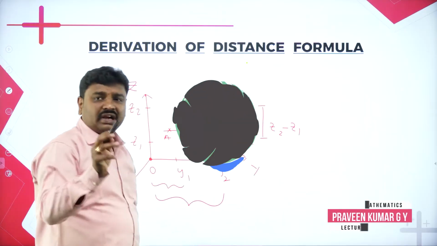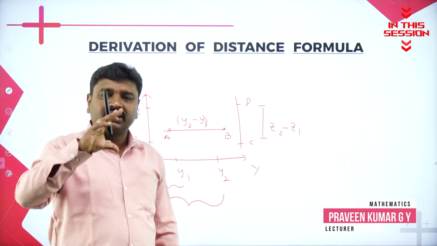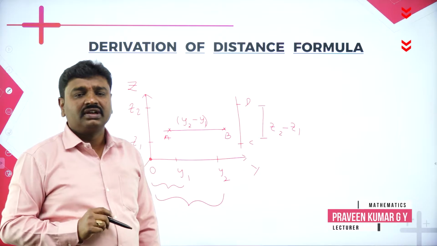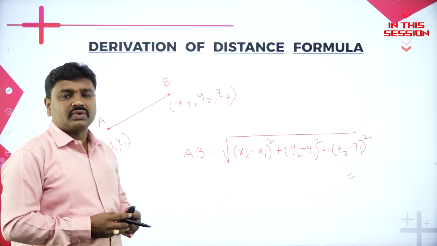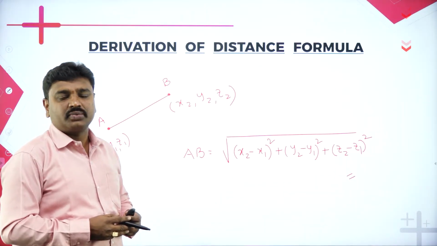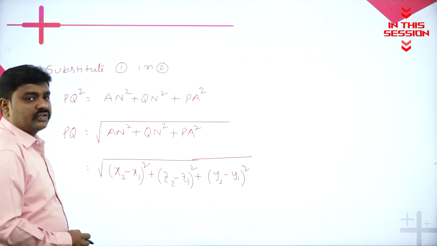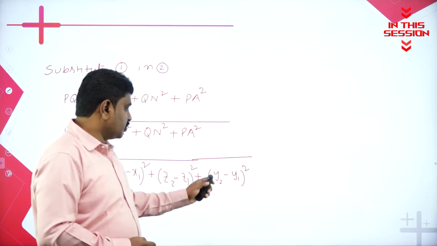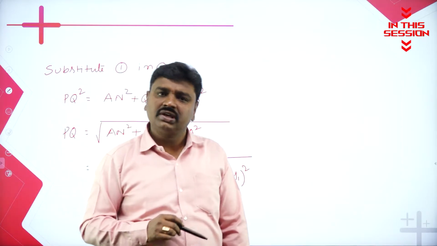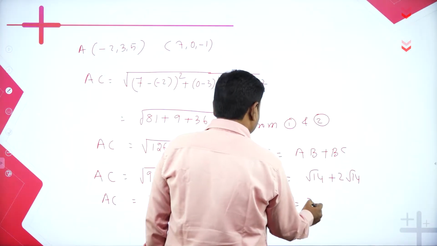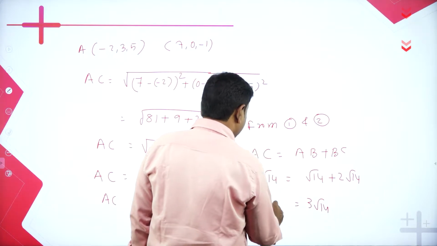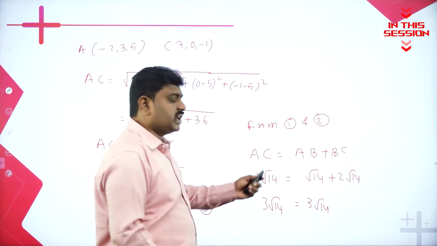So if line is parallel to any axis, then directly you can take its distance as difference between the coordinates. x2 minus x1 the whole square plus y2 minus y1 the whole square plus z2 minus z1 the whole square. That is the distance between. So now we got PQ. PQ is what? Root of x2 minus x1 the whole square plus y2 minus y1 the whole square plus z2 minus z1 the whole square. 1 root 14 plus 2 root 14 is 3 root 14. Both the sides we got 3 root 14. So therefore clearly